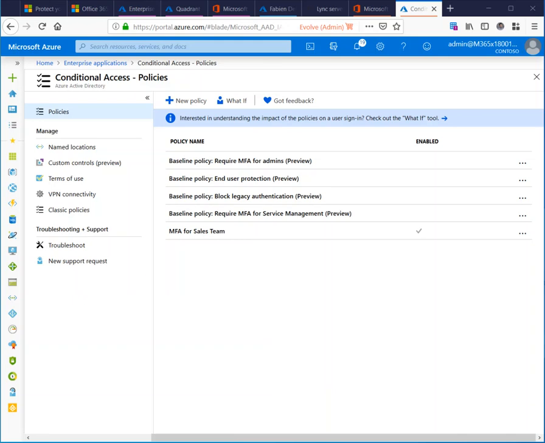Azure AD contains conditional access for all users as a baseline policy. It's highlighted here. It's the end user protection, at the moment a preview baseline policy. We can see by default it's not enabled, and that's true for all the other baseline policies: the baseline policy to block legacy authentication, the baseline policy for service management, and an older one, it's been around almost a year now,